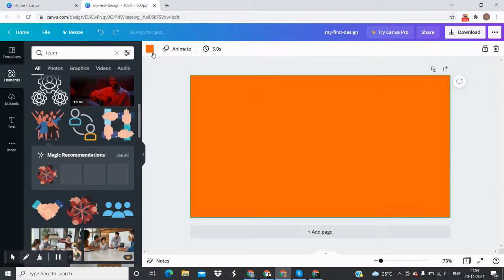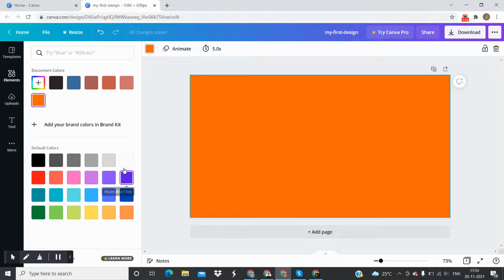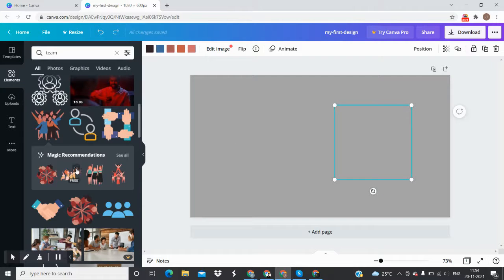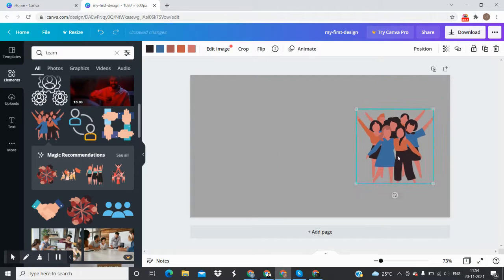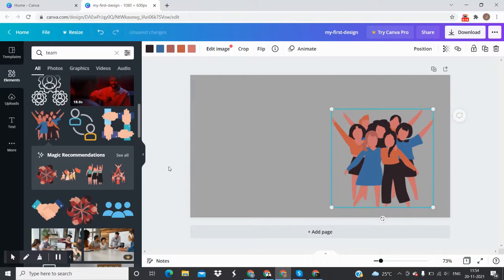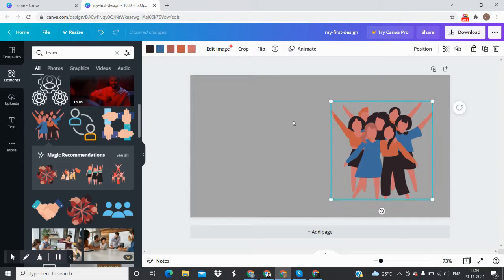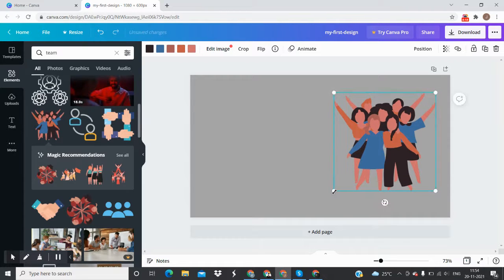So maybe I don't like this color, maybe we can change the color to a little dim. Okay, and you're just waiting for it to upload. Okay, so it's taking time. Okay, finally it's there. So this is the element that we just clicked here, and it came here, and we can expand and